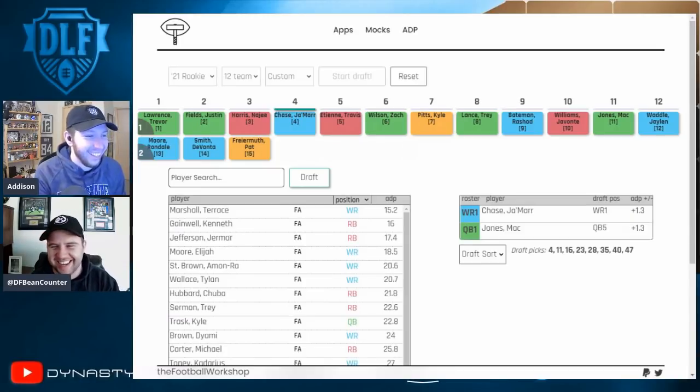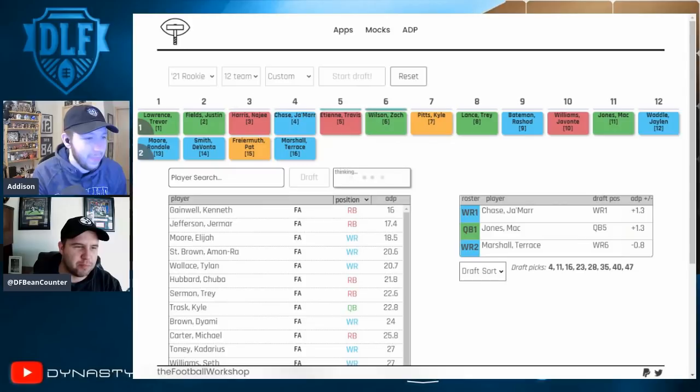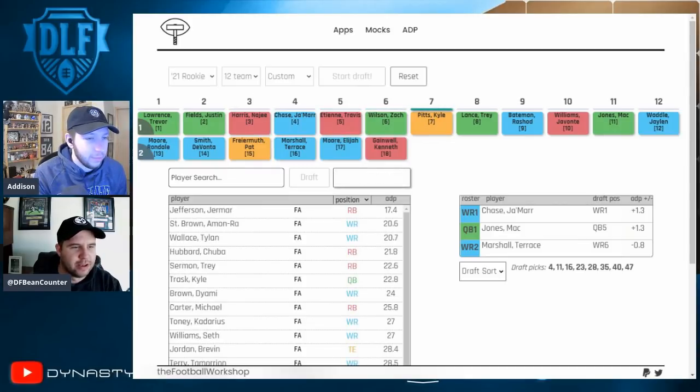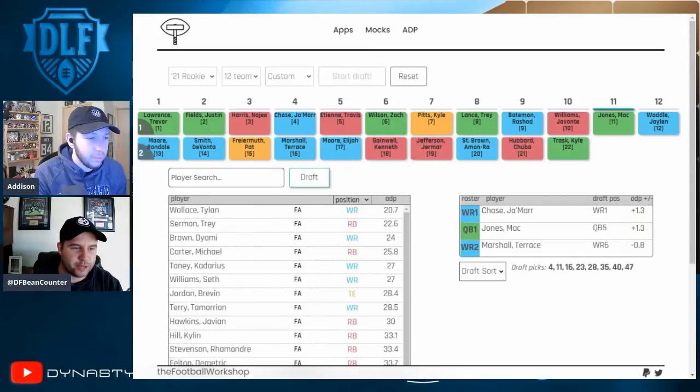All right. I am going to take, this is a tough one. It's between Terrace Marshall and Elijah Moore for me. And I think I'm just going to swing for the ceiling and take Terrace Marshall because the guy, he doesn't fit my process. He's actually going to grade out as a bust grade, which is the lowest grade I ever give anyone. Just because he was so overshadowed by his context